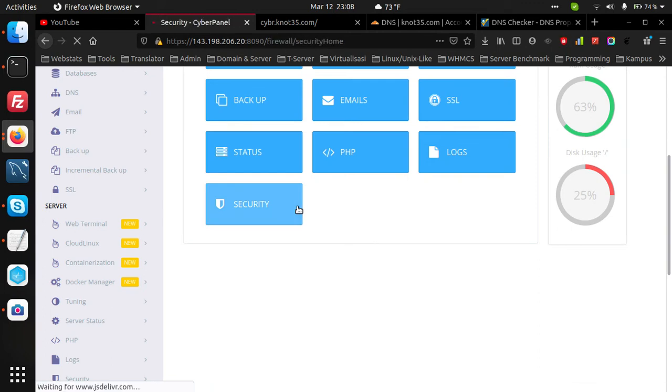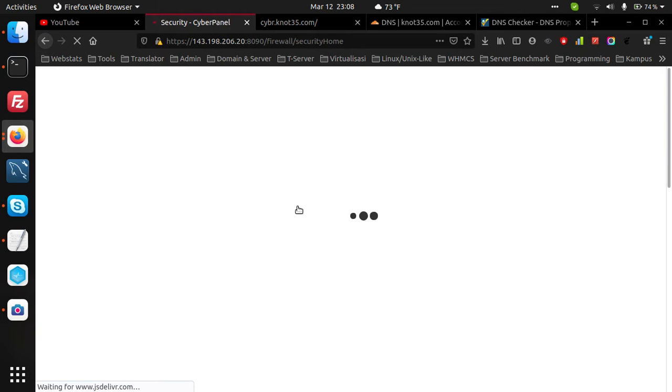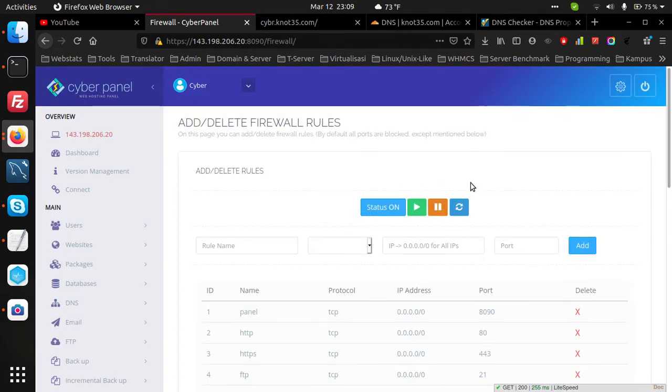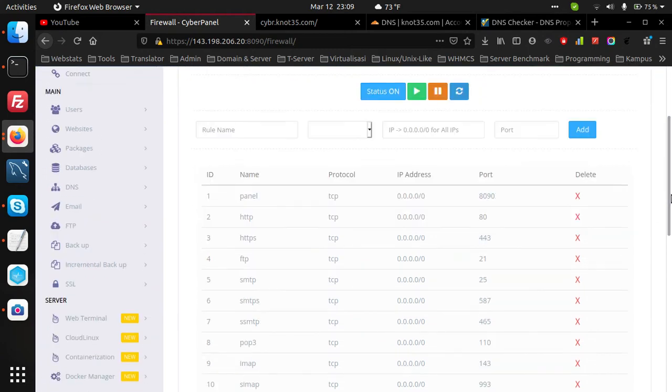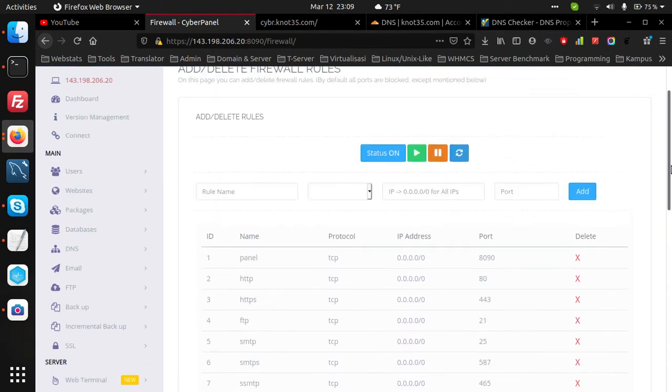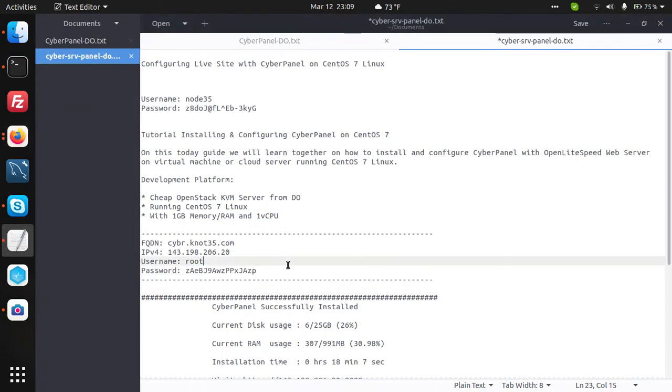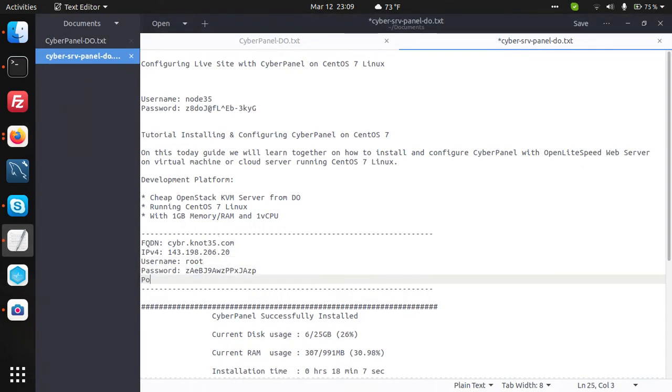You can select one of the following for firewall, either CSF or firewall. Like this, you can enable it, but don't forget to whitelist the port number, the SSH port number.